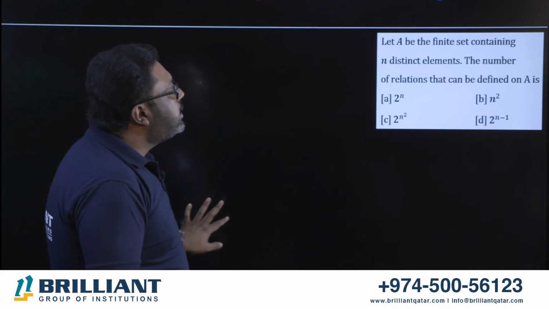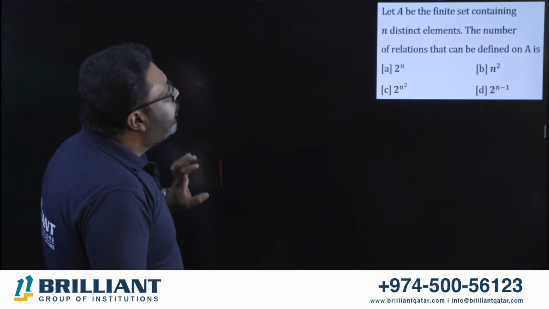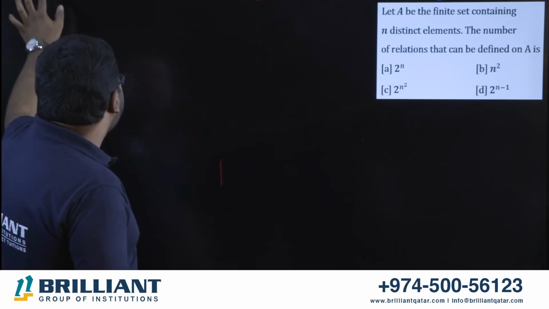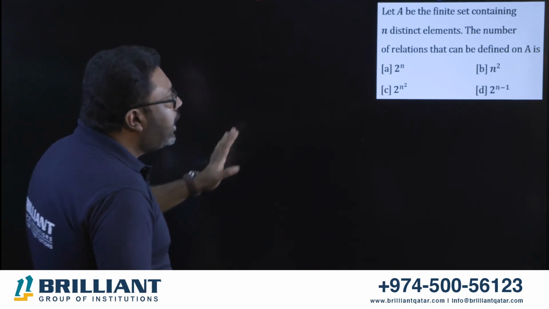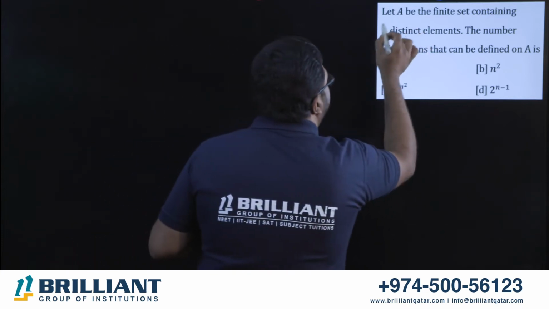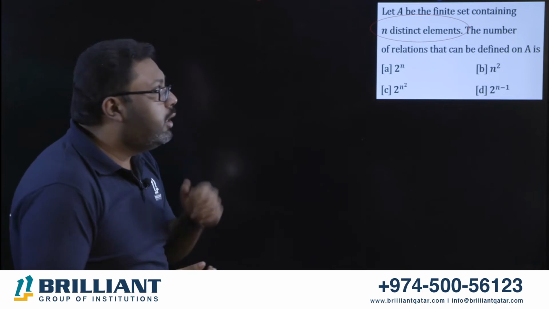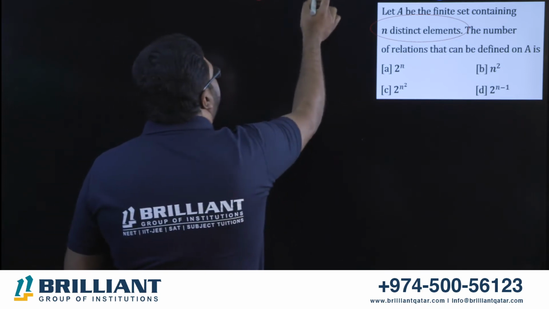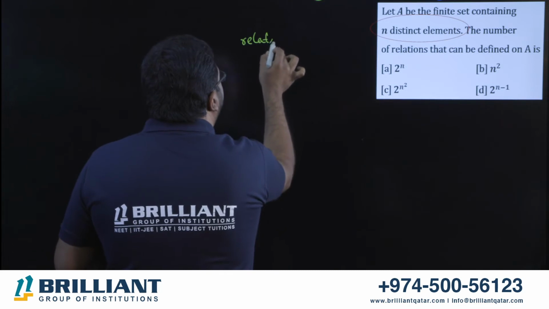Okay. In the next question, it is saying that A is a finite set, and you're defining a relation using n distinct elements of A. So here your relation is the subset of